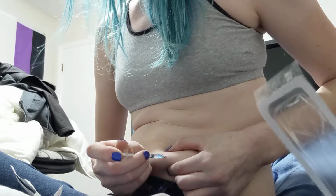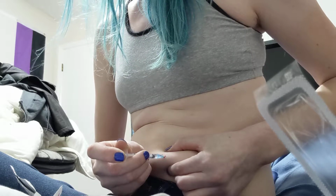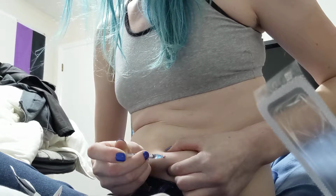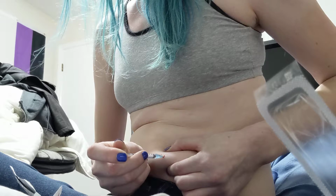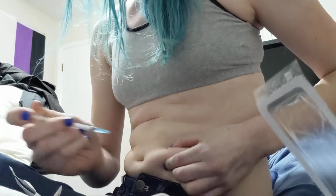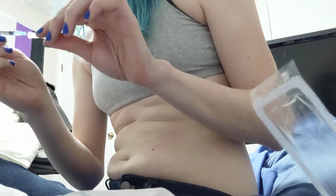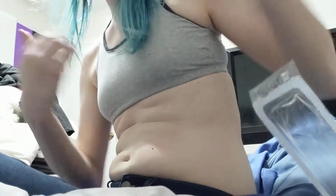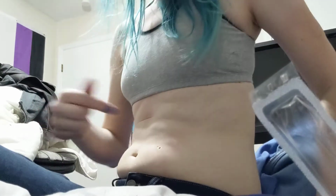You can pull it out a little bit if you would like, if it starts to hurt. Once the plunger's all the way in, make sure it's all the way in, just pull it straight out, and there you go. Sometimes you'll get a little bit of blood. That's completely fine. That doesn't mean you are injecting into a vein or anything like that, because your fat tissue doesn't have any arteries going through it. You just nicked a little bit of a capillary or something like that,